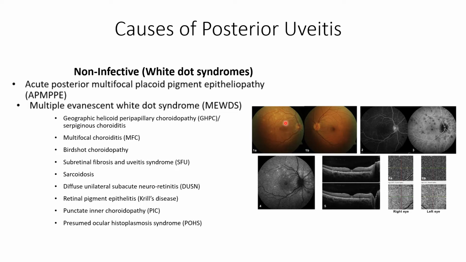especially around the fovea in this area, and they are at the level of the retinal pigment epithelium. It heals rarely by scarring, so the visual prognosis is usually good, and we can see the layer involved in these further photographs. This is one OCT which shows that the rest of the retinal layers are